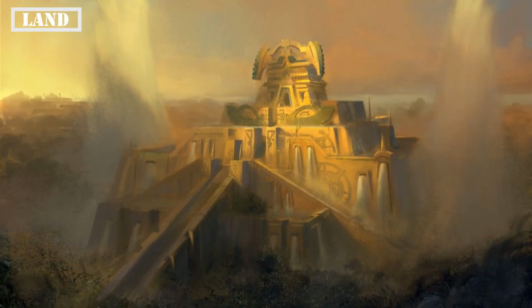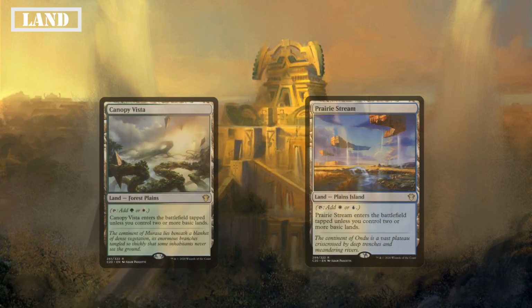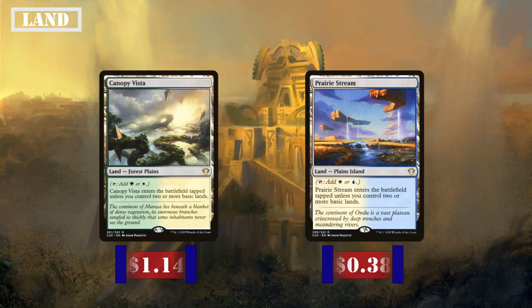Starting with our mana lands, we have Command Tower, which taps for any color in our commander's color identity, Canopy Vista, and Prairie Stream, both of which come into play tapped unless we control 2 or more basic lands, tap for one of 2 of our colors, and count as a basic land type for the mana they would produce,